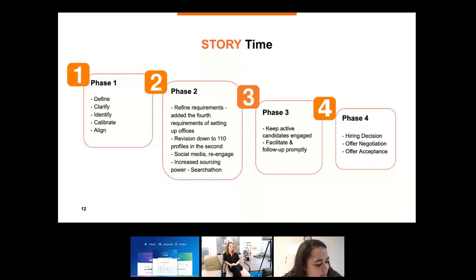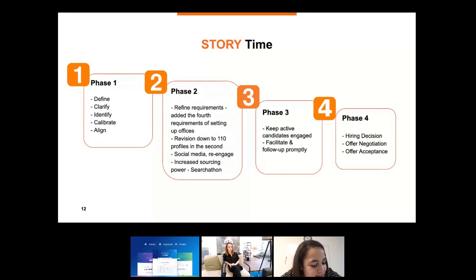So with learnings from the first phase, we removed the global tech giants from the target companies list because these people are in big corporates or verticals, and perhaps they're not looking so much at hypergrowth. So this is where they added the experience with setting up offices as a fourth requirement.